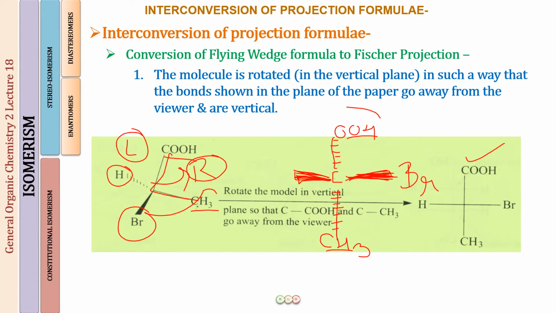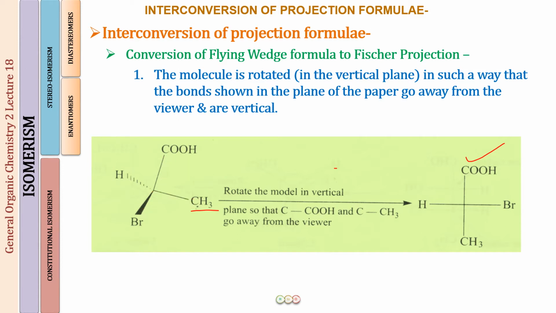Now, many of the students find it very difficult to imagine how the molecule is going to be rotated, which group is going to go on the left side, which is going to go on the right side. So I have a very short little trick for you, and it is going to be a very quick one also for you to convert a flying wedge projection into a Fischer projection. So what do we do for that? Well, we see this vertical line. As I just now told you, this is my right side as I'm looking at the molecule, and this is my left side as I'm looking at the molecule.